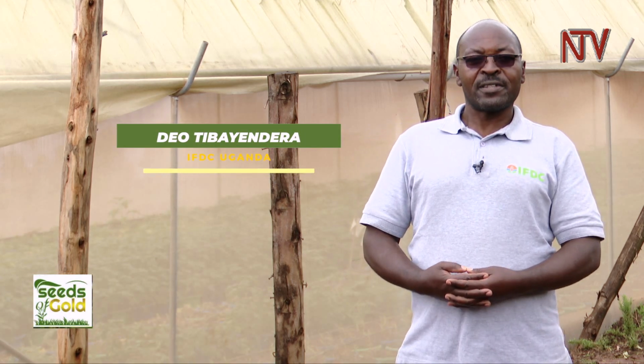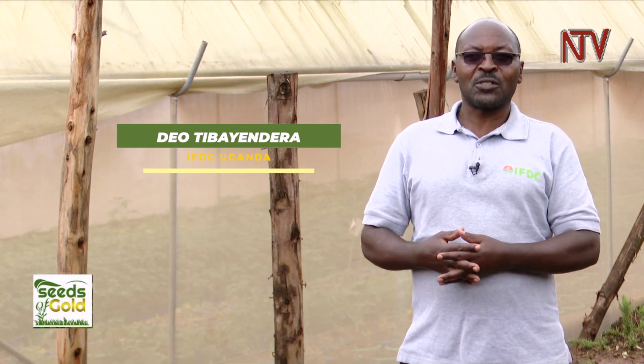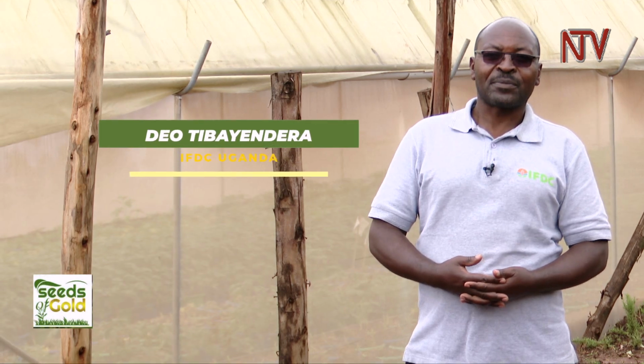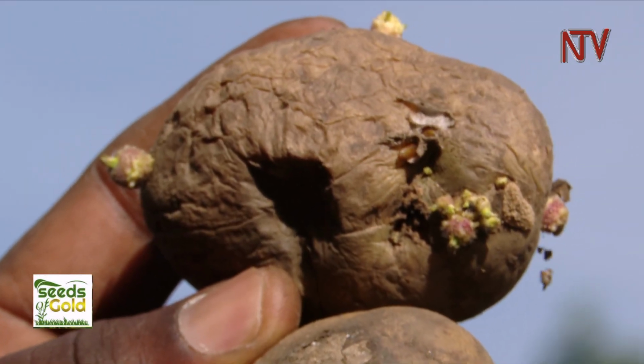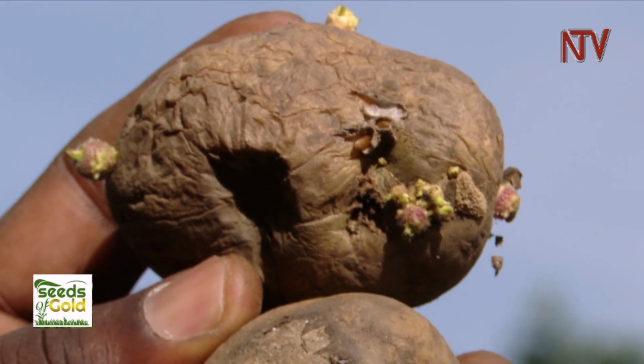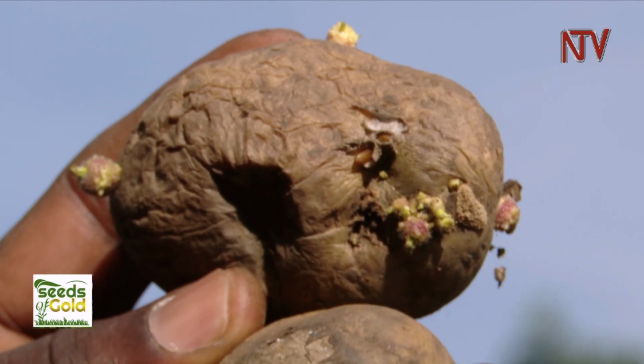Because of the recycling of the seed, the seed degenerates and loses the potential for yielding. Once the seed is recycled several cycles, it degenerates because it gets infected with diseases, majorly viruses and bacterial wilt disease. So it loses the vigor, the potential to yield. So from that,